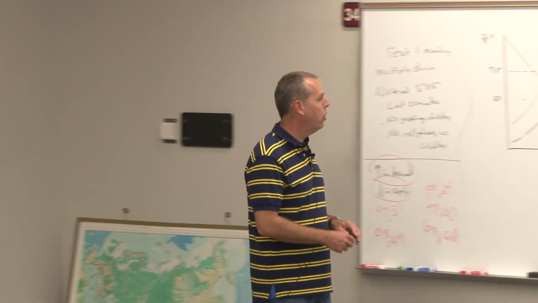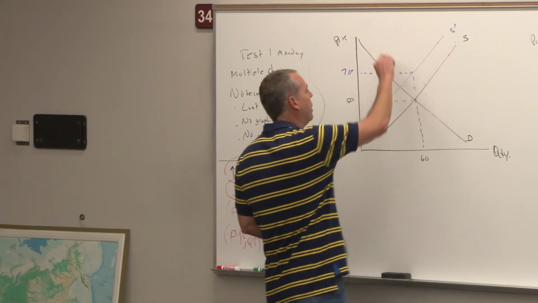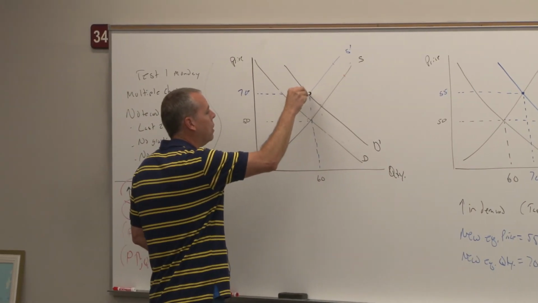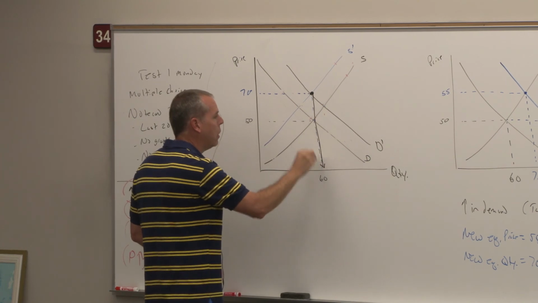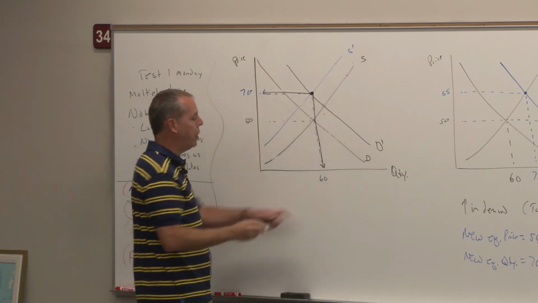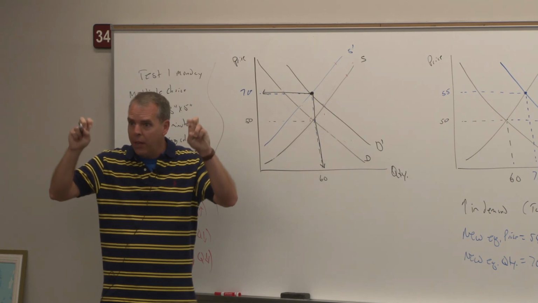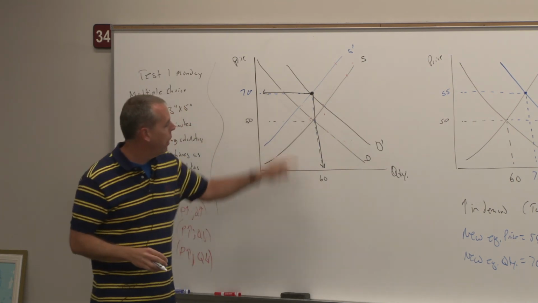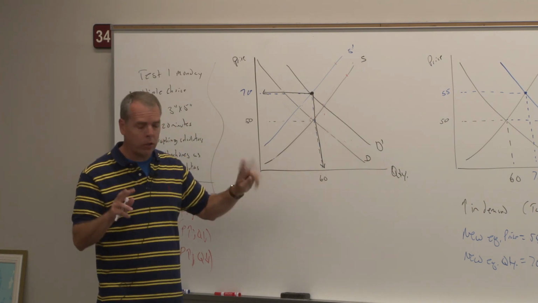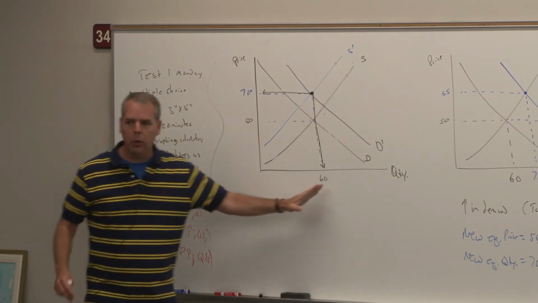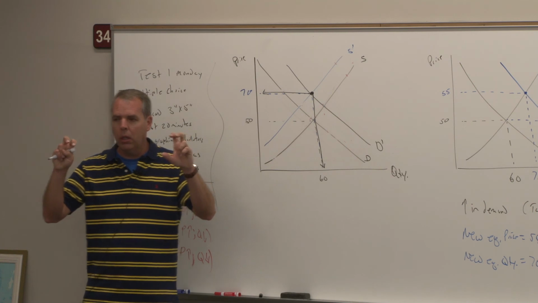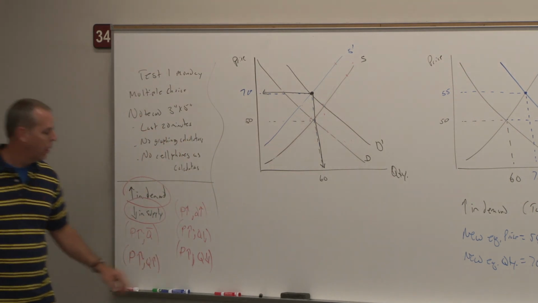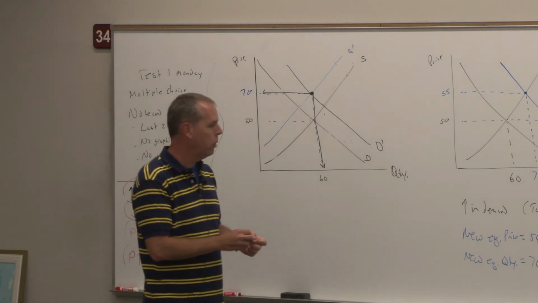What I typically do is I draw the shifts the same. And whichever one comes out to be the same as what it was before has to be the one I don't know. So this one right here, it looks like, oh, price is going up and quantity staying the same. But quantity isn't actually staying the same. Quantity is the one I don't know. All right? To see that that's true,